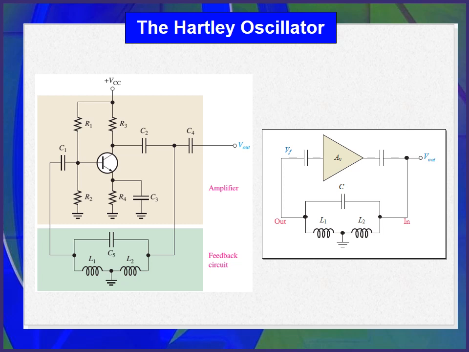The inductors act in a role similar to C1 and C2 in the Colpitts to determine the attenuation beta of the feedback circuit. So here we can define the beta value as the ratio of L1 by L2. To achieve startup oscillation, gain must be greater than 1 by beta, that is A equal to L2 by L1. Loading of the tank circuit has the same effect in the Hartley as in the Colpitts, that is the Q is decreased and thus the resonance frequency also decreases.